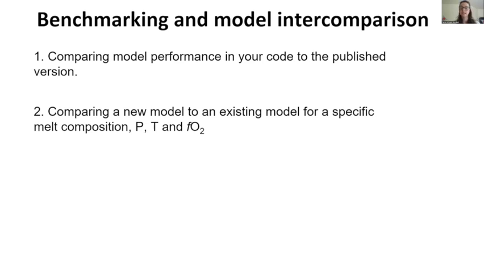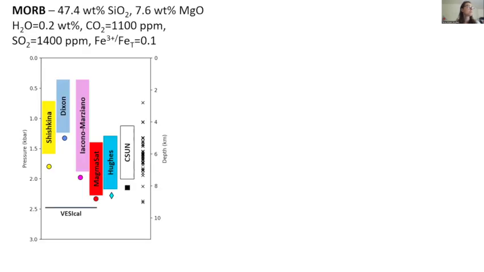So what we did is we sent 4 different melt compositions to everyone involved here and asked them to send their model results back so we could compare them. So to start with, we looked at saturation pressures. So this is assuming you have melt inclusions, say. So we sent them a melt composition with a set major element content. We said we had 0.28% water, 1,100 ppm CO2, 1,400 ppm sulfur, and this is what the saturation